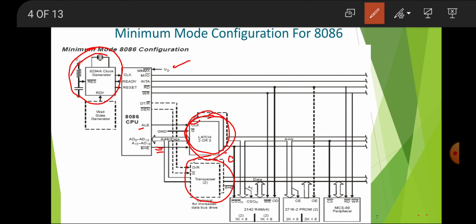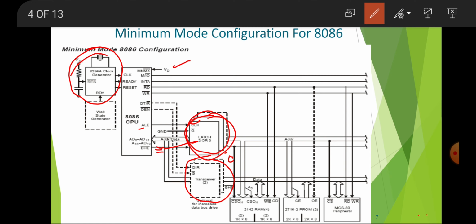There is one enable pin, which is active low. That enable pin is connected to ground, and then this latch comes to know, yes, this is the address that I want to receive. So at that time these signals are given to this latch, and the latch identifies that this is the address, and it gets stored. It is used for further applications, for reading or writing from the memory or into the memory.